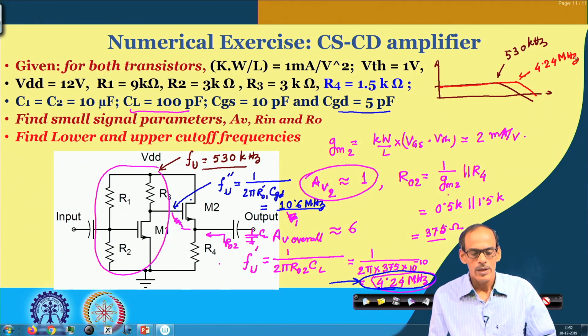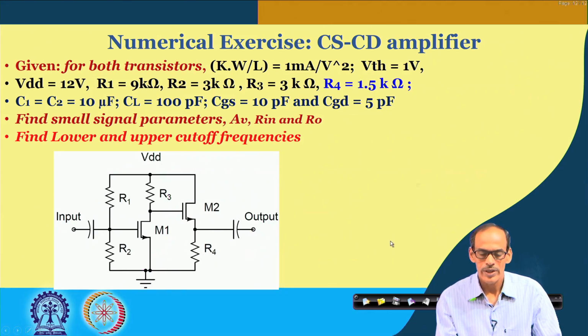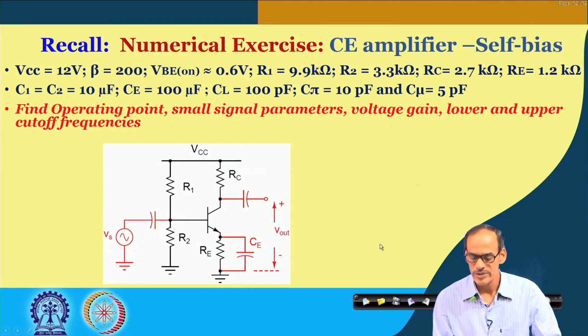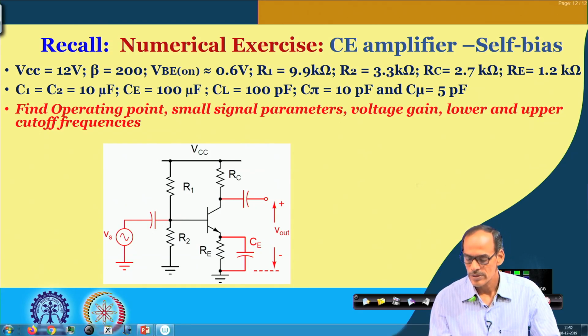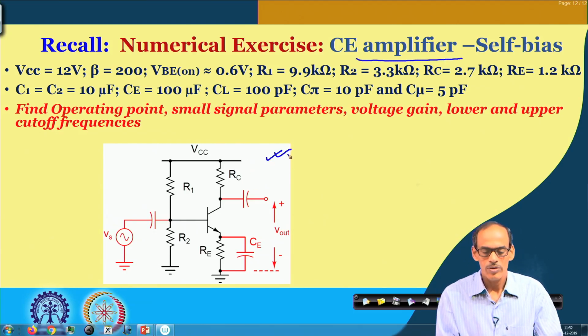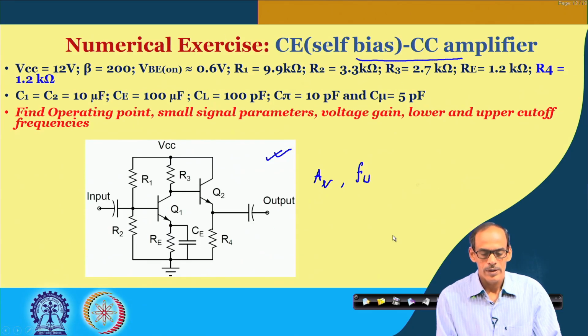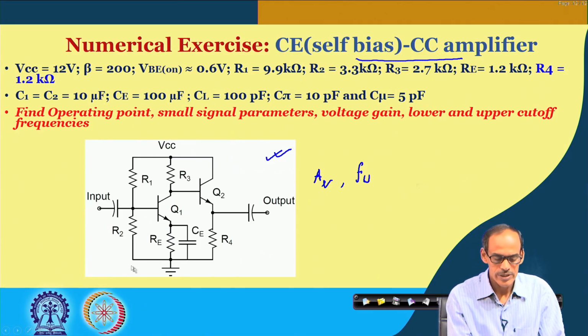Okay. Now, that gives us the flavor of why we go for cascading CC and CD. In fact, you can try out the other CE amplifier, which is the self-biased configuration. This exercise we have done before. So, probably you can calculate its voltage gain and upper cutoff frequency, and then you can compare this